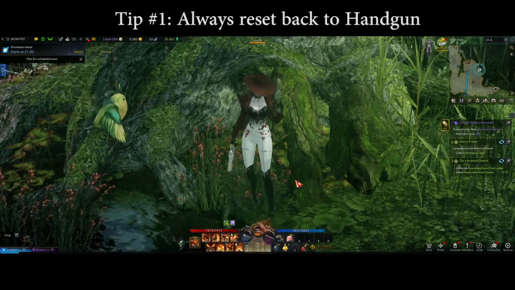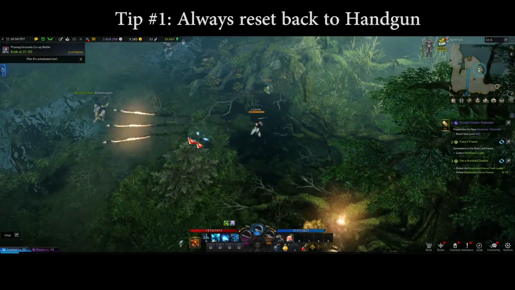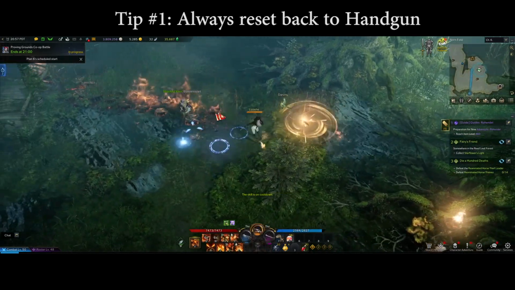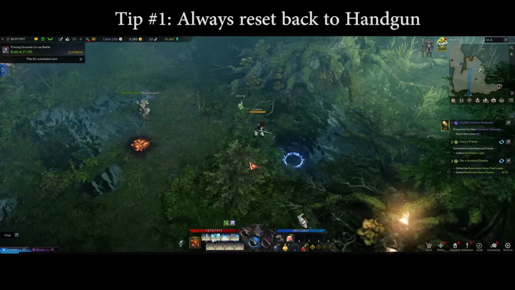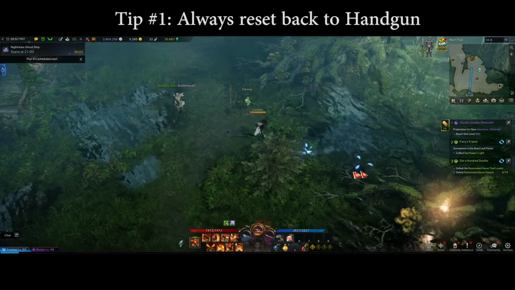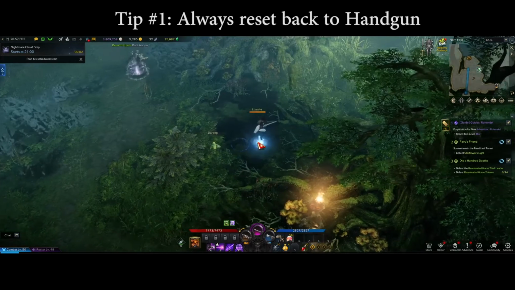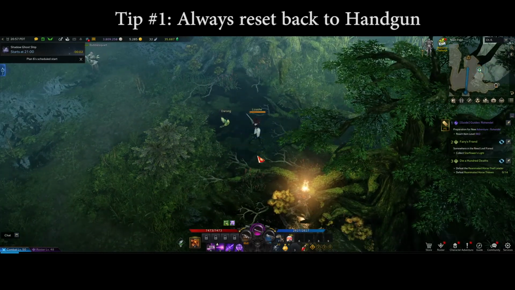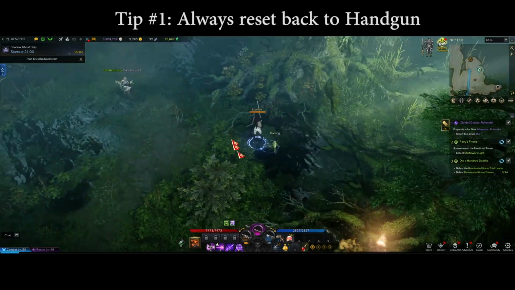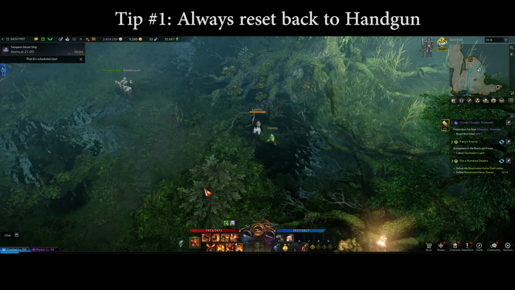So first tip, when you do your weapon switches, you always want to make sure that you're resetting back to your handgun. The shotgun and rifle stances on Gunslingers and Deadeyes are primarily for pumping out big damage, but whilst this is the case, a lot of the skills on Gunslingers shotgun and rifle skills are animation locked. This means that your character will be stuck doing the animation, and that leaves you vulnerable for split seconds where you do your animations. Now you can use your dodge to get out of these animations, but sometimes your dodge will be on cooldown. On the other hand, your handgun skills are much faster and is your go-to for applying